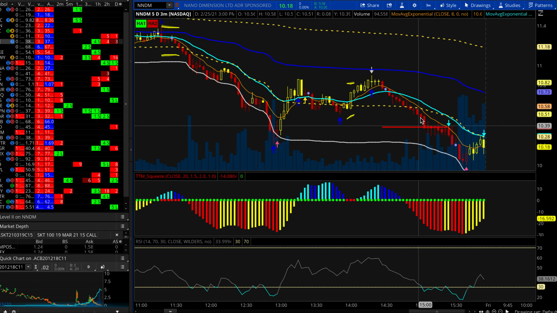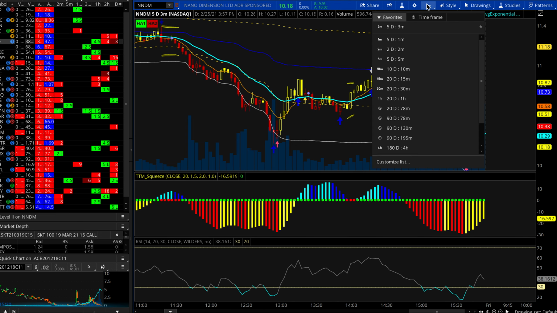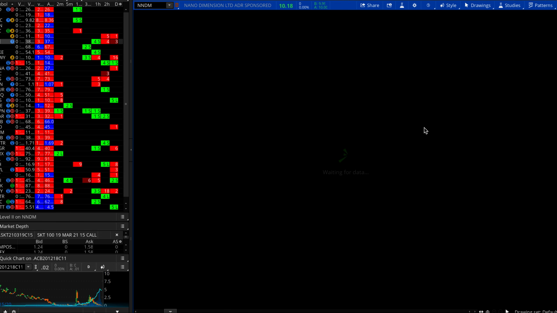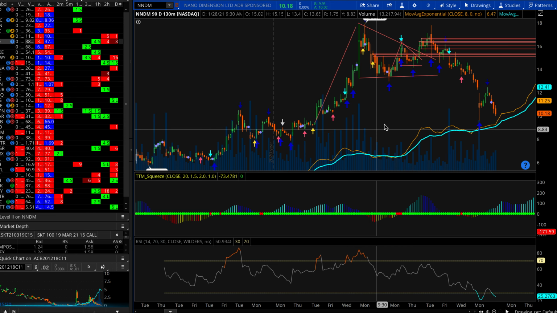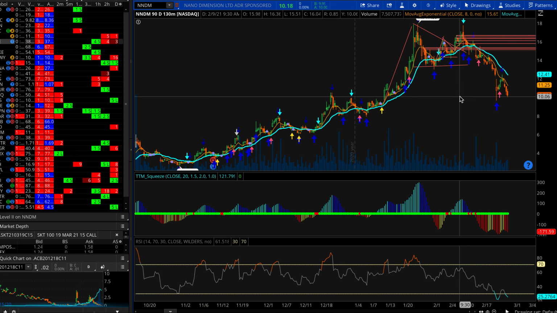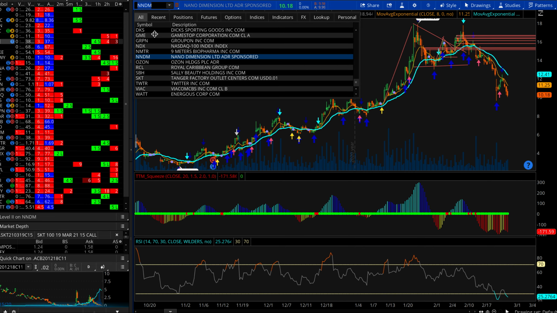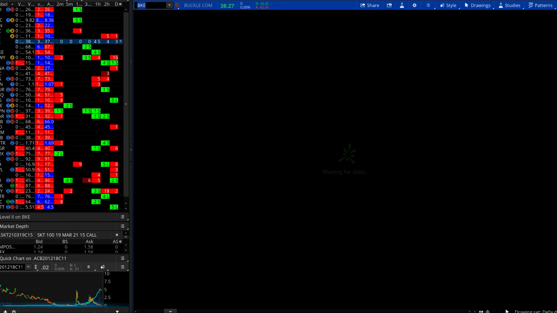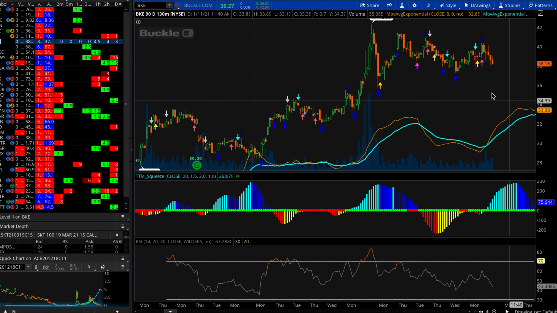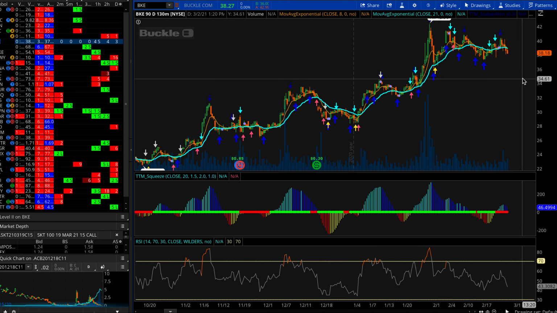Let's see where this opens up at. I'm going to pull this back out and we're going to go ahead and look at the 130-minute chart. I don't know why my tickers keep changing. Hold on a second. There we go. I was wondering why that wasn't looking right. So we're on